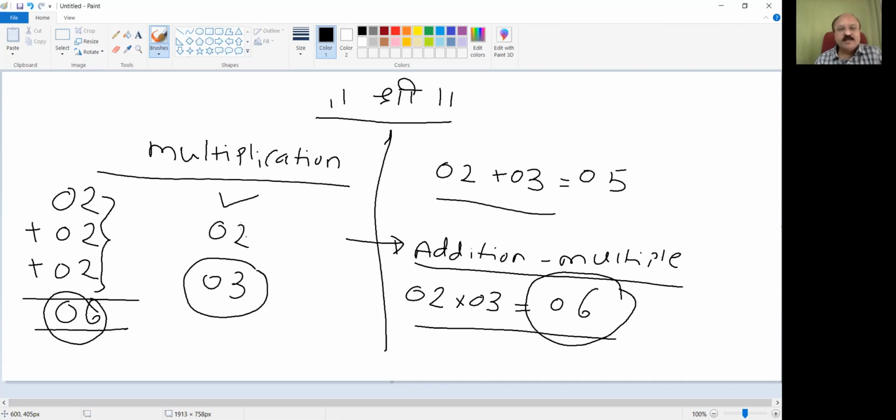What we are doing is adding 02 three times. So what we will get is the multiplication of 02 and 03. Let's see what the flowchart for it will be. So what is the problem statement? To write an assembly language program to multiply two 8-bit numbers 02 and 03 and store the result at memory location B002H.